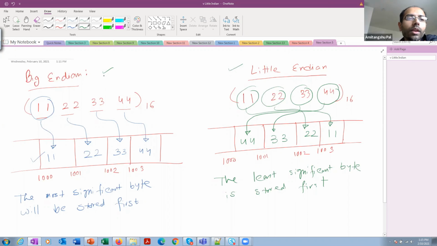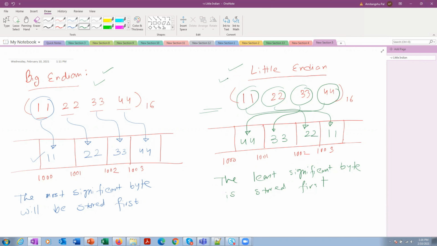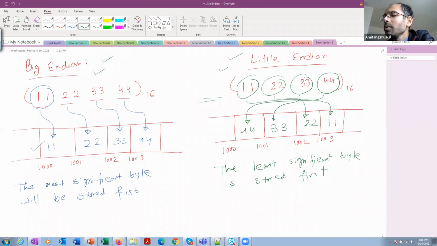Now, is there any advantage of changing the order? Let me give one example. If you want to read something from memory, certainly big endian is more useful, because you are reading in order.